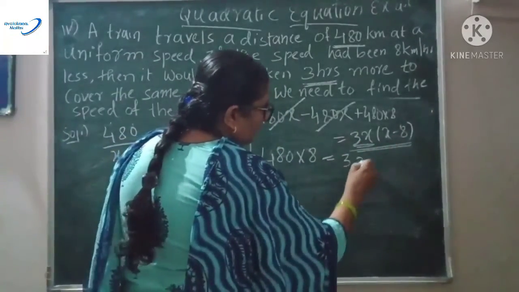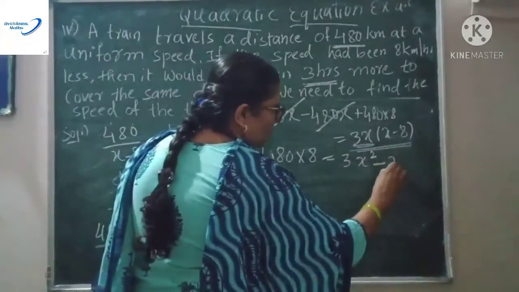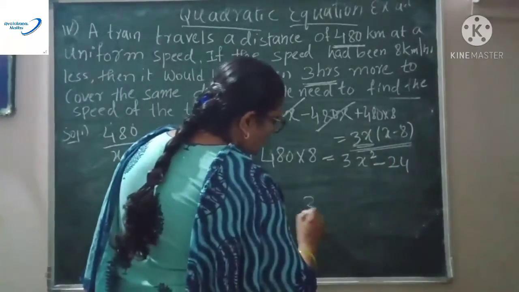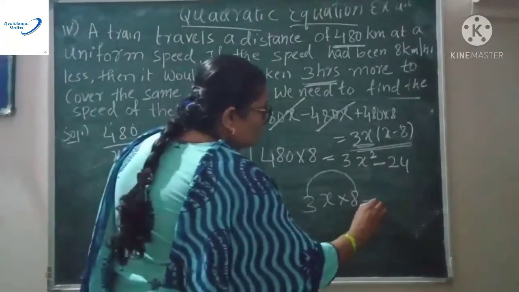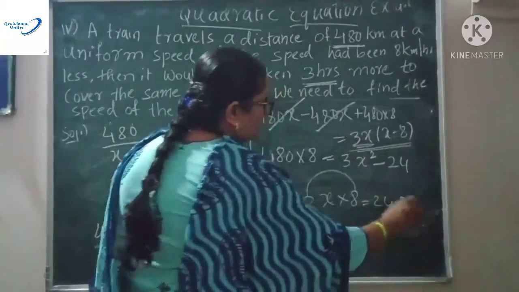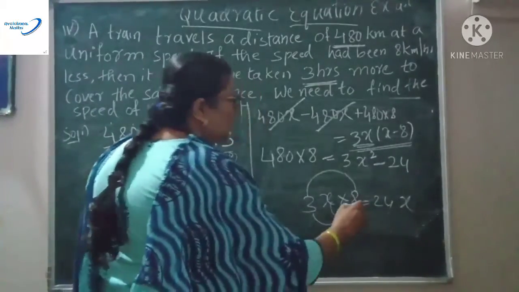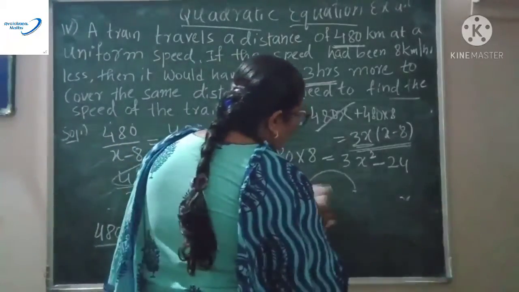It is 3x square. This is plus minus minus, so minus 3x into 8. Three eights are 24, and the x remains as it is. It will not become 8x. Some students get confused. They multiply the 3 to get 24 and even multiply 8x, which is very wrong. This is one term, it is 3x into 8.